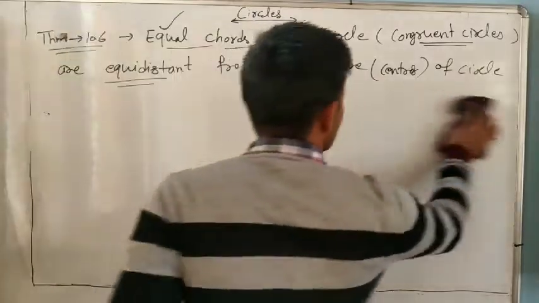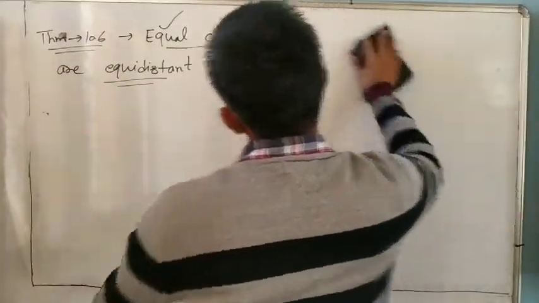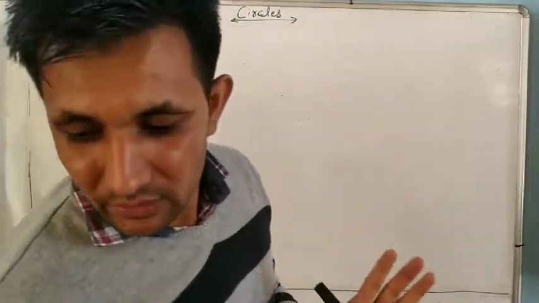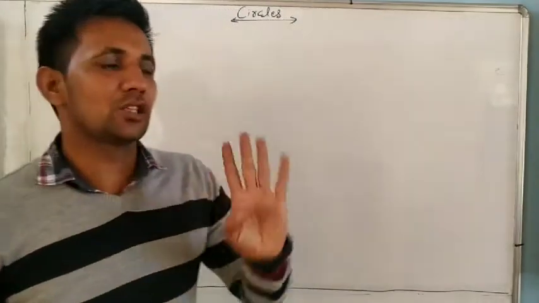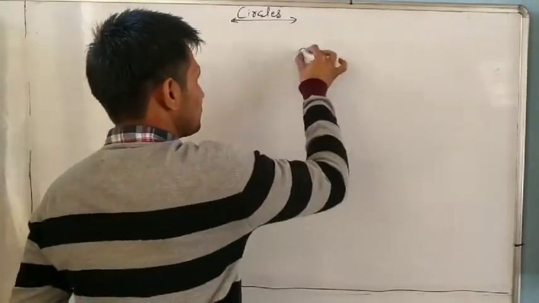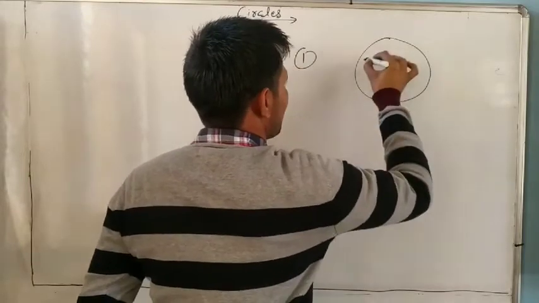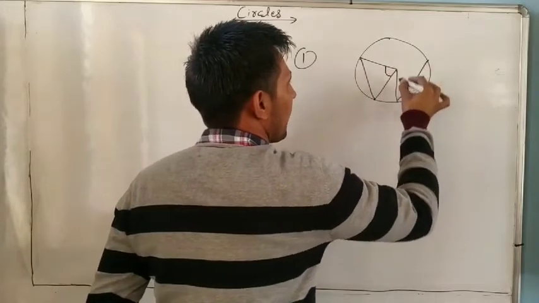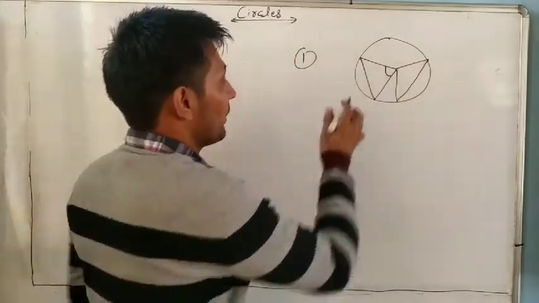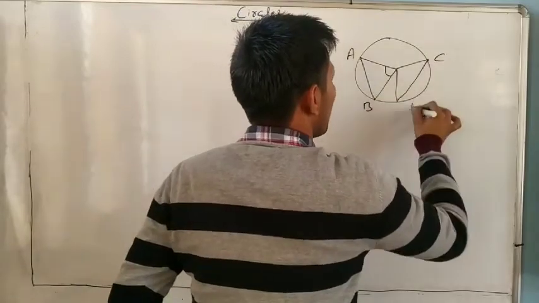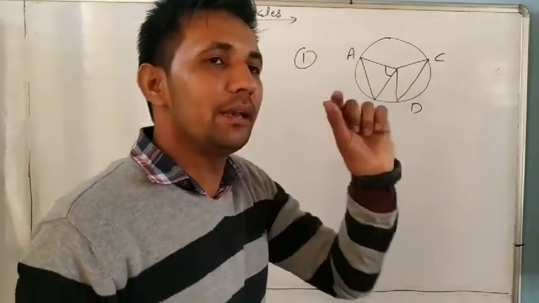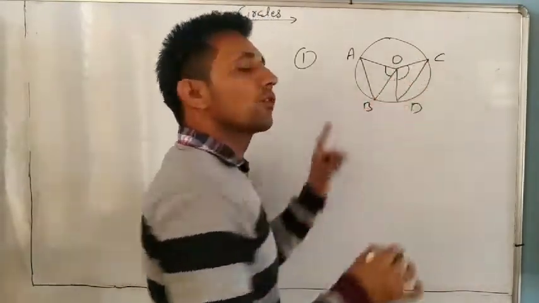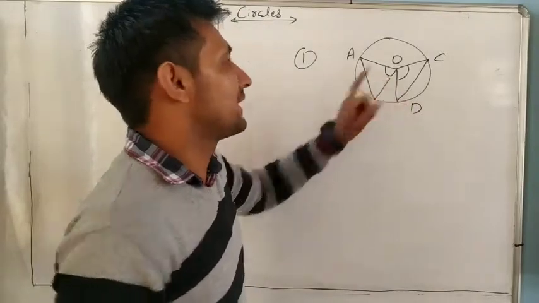Now we will do our exercise. So you should remember these theorems, only the statements. Till now we have already learned 7 theorems. These 6 theorems are very important. First is angle subtended. If chords are equal, AB and CD are equal, it means the angles they subtend, meaning the angle made at the center by the chords, are also equal. It means if chords are equal, then the angles at the center are also equal.